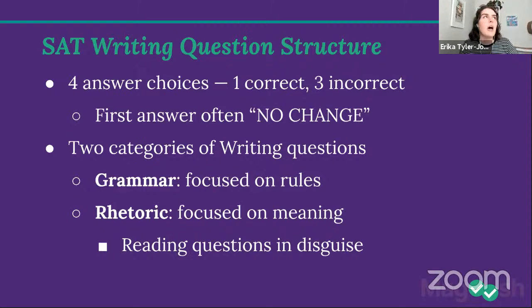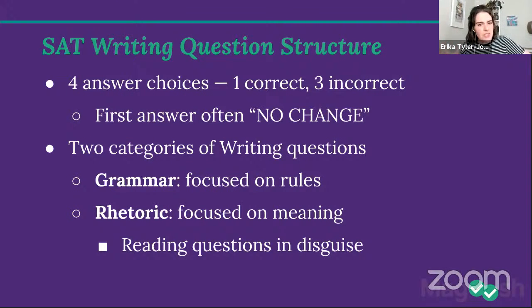Another example in the reading section, we might use a transition word to figure out what's going to come next. In an SAT writing rhetoric question, we might use what comes next to figure out the transition word, and so on and so forth, right? We might, in reading, use a word with a specific tone to figure out how the author feels. In an SAT writing rhetoric question, we might use how the author feels to figure out a specific tone word. So same ideas, just kind of in reverse.